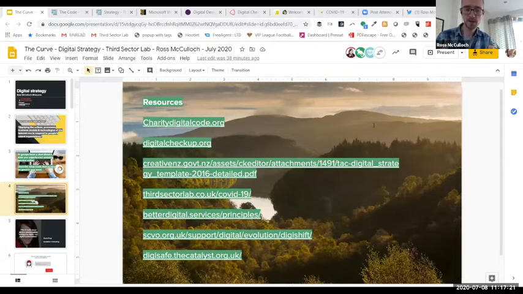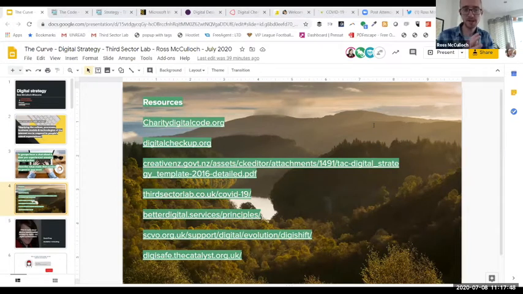What I would say though is don't think of strategy as a document. For some of you, it's going to be that we create a standalone digital strategy and it's 3 or 4 pages long. For some of you, this is about how your main organizational strategy reflects digital and where that is mentioned in there. For some of you, it might be as simple as we have a Trello board and it gives clarity to what we're doing with digital across the organization.